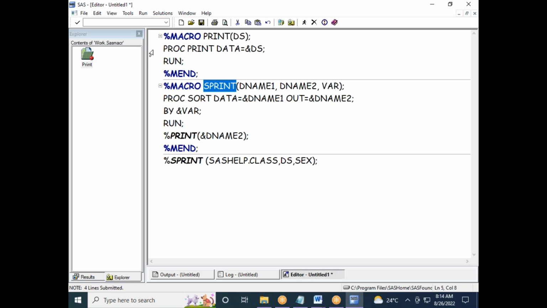Sprint is nothing but sorted information we are printing. So: %macro sprint(dname1, dname2, var); proc sort data=&dname1 out=&dname2; by var; run;